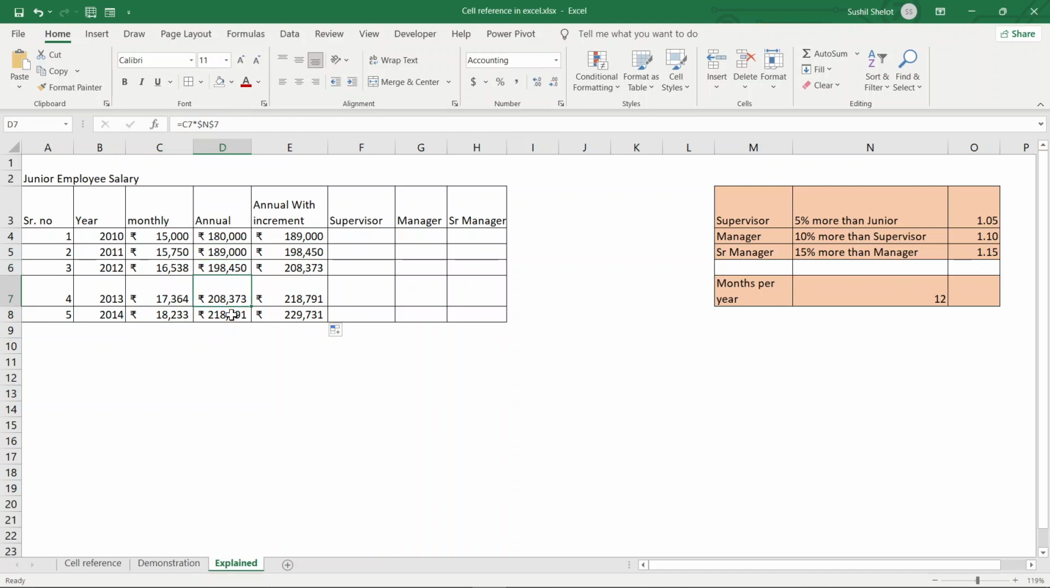I have used the references correctly. I have chosen where to use the fixed, where to use the relative, and where to use the mixed one. Now the next thing is the salary of this supervisor is 5% more than the junior, that is 1.05 times. So what I'm going to do here is say is equal to 1.05. I'm going to lock it, or it will even do if I don't lock it. But well, I prefer to lock it, plus